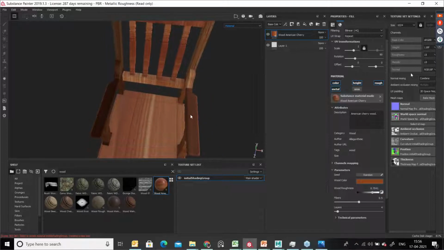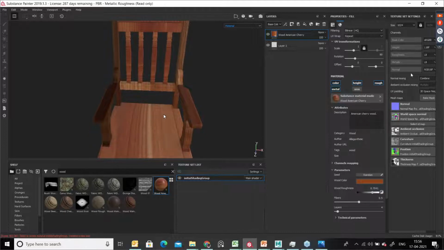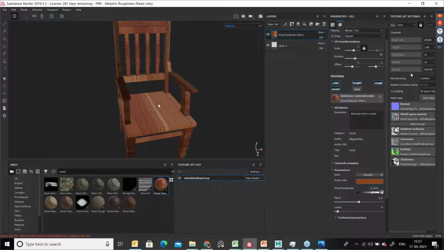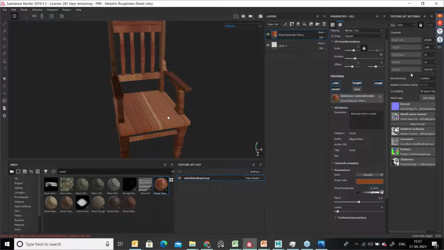Now we want to add some old look to the chair. So how to do that? We have to identify some maps. Which map can we apply for this chair to make it look dirty or dusty? That means this chair has been lying in the godown for more than 2 years, 3 years, 5 years. Then how will it look? That kind of feel we need to generate in the chair. So to do that, we need to add a dust map or dirt map.